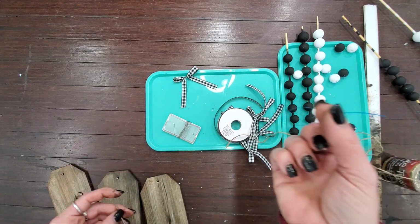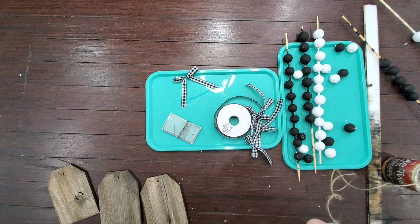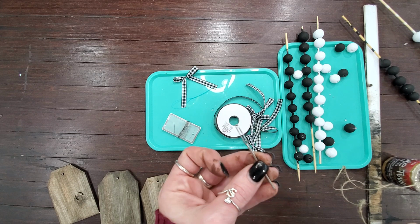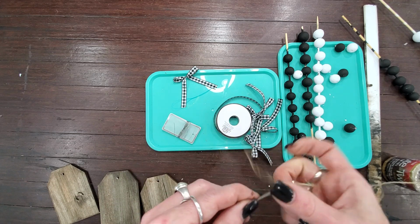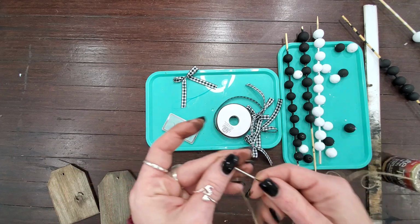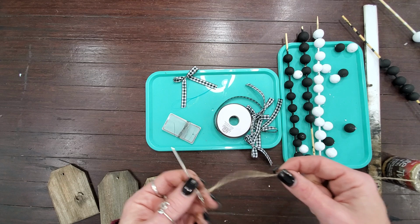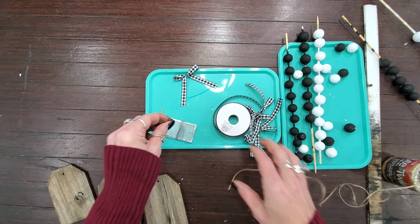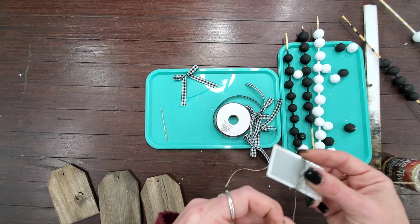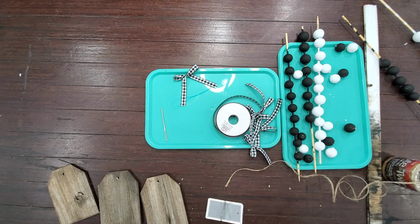There's several in a package since they're disposable. So that one's a really good one to use. That's probably my favorite because I struggle trying to get some of the bigger things through needles like this. You can always use just an upholstery needle. Dollar Tree has the hair weave sewing needles. You could use that. You can also just take something like a thin piece of floral wire, and let me